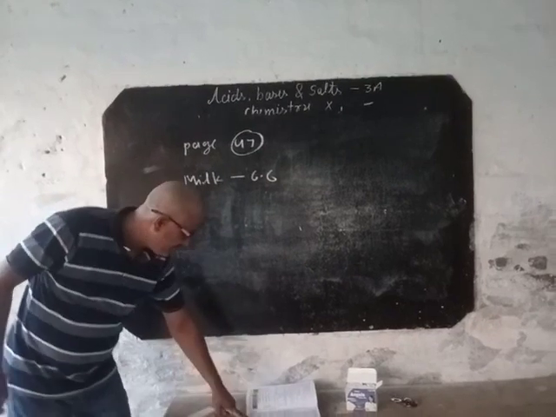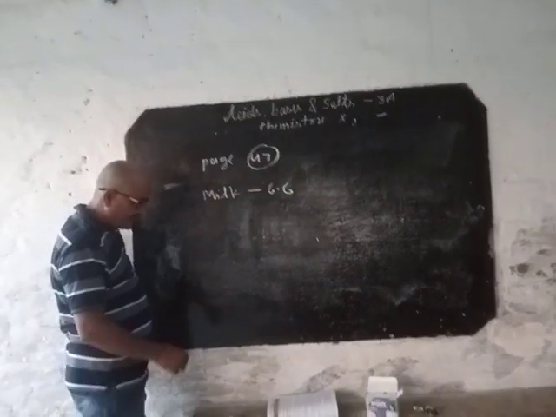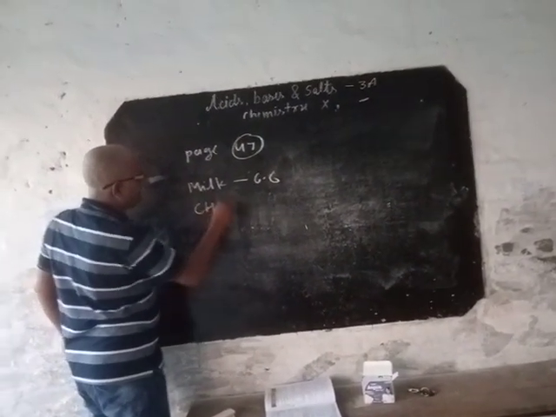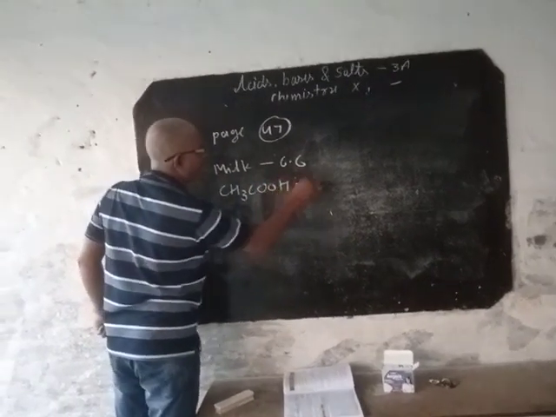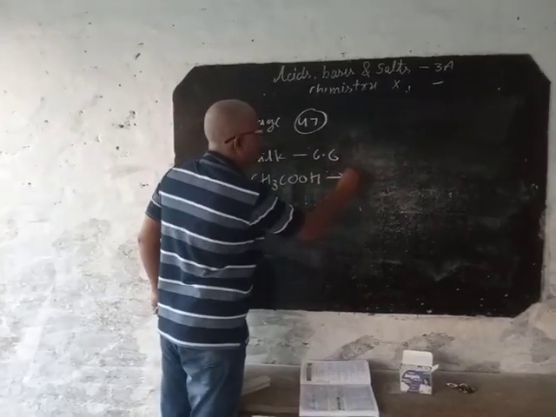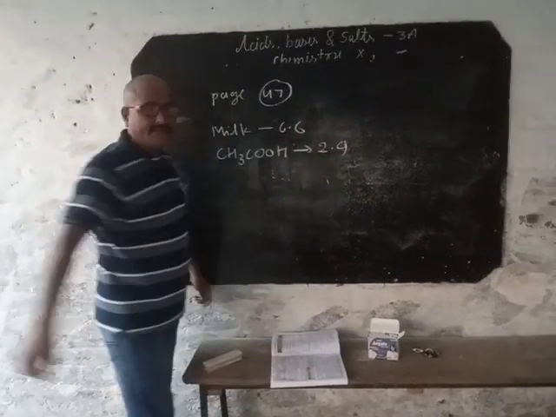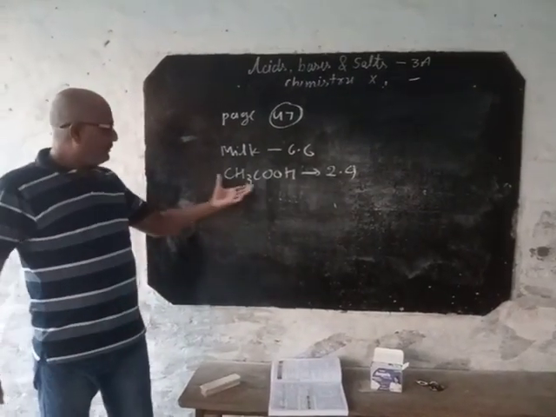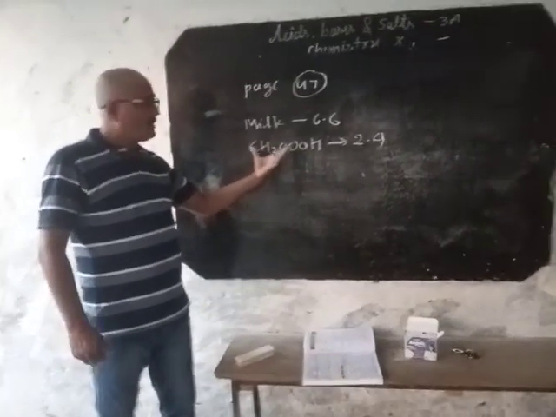And vinegar, acetic acid, its pH value is 2.9. So if you are eating vinegar,